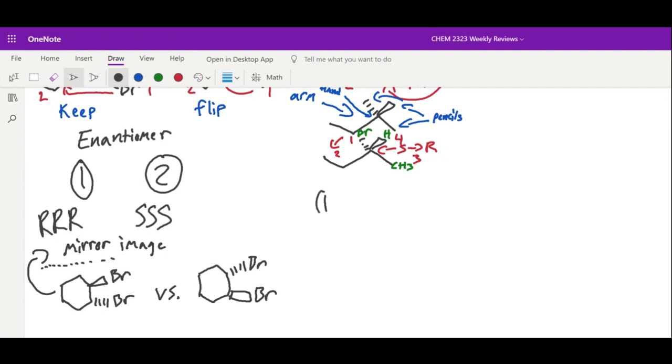For a diastereomer, you have structure 1, you have structure 2. This is for diastereomer. If your structure 1 has 3 R's, as long as one of the chiral carbons flips, it's going to be a diastereomer. It has to be at least one, and obviously not all of them, because then it's going to be an enantiomer. Okay? So again, you have to know chirality in order to answer any isomer questions, especially regarding enantiomer and diastereomer,